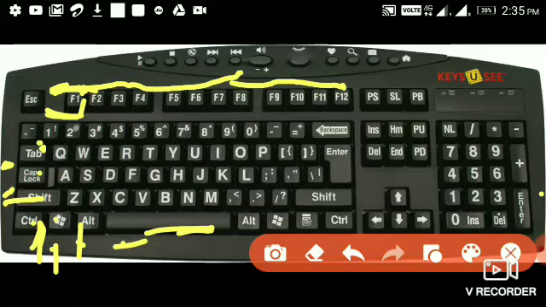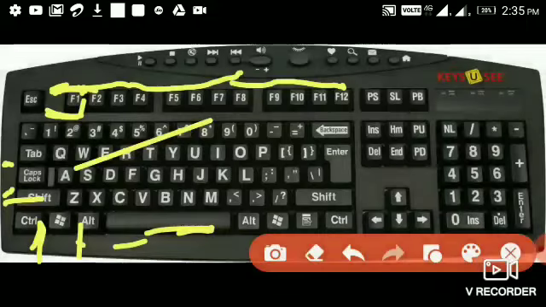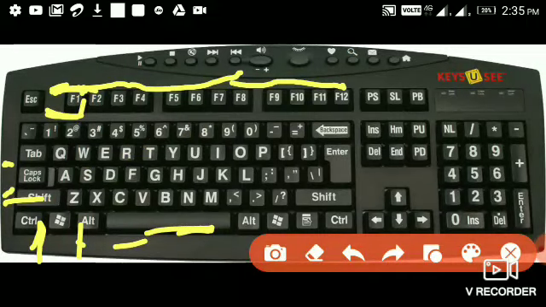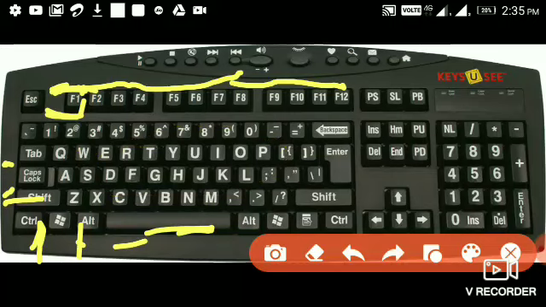So these are the keys which are used for entering letters and numbers. You can see that these are the keys which are used for entering the numbers. These are the number and character keys. Punctuation keys include keys for punctuation marks such as colon, semicolon. So here we can see colon and semicolon. These are punctuation keys.